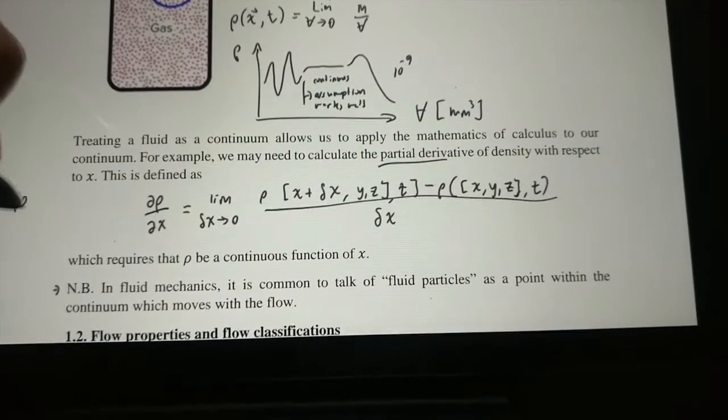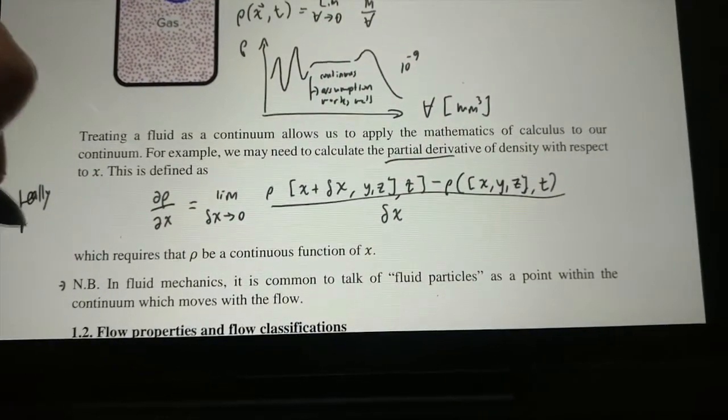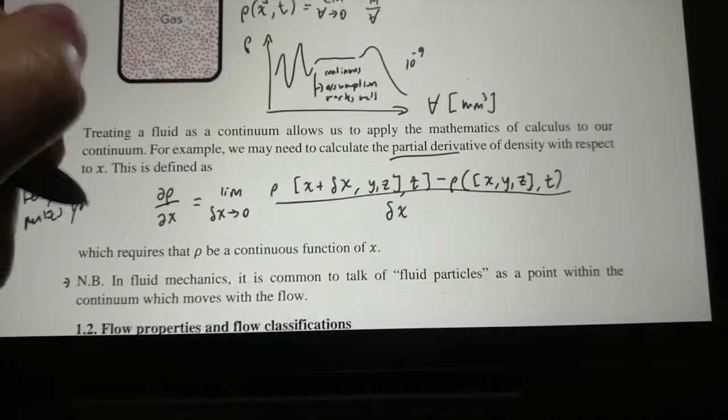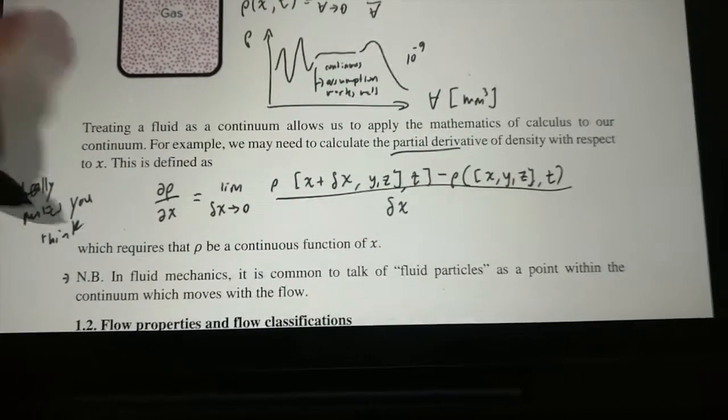Now moving on to flow properties. A flow is fully defined by its properties, and these properties are the fluid velocity,